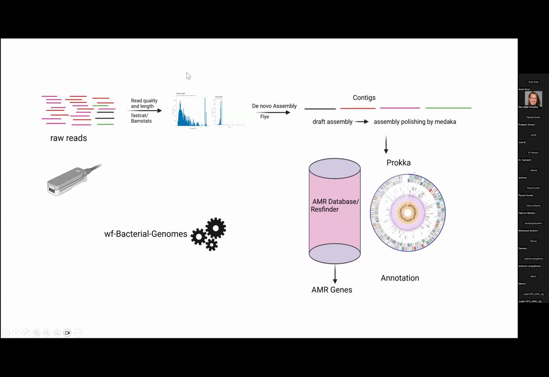So you can see here the graph showing the read quality and the length of the reads. And after that, based on the reads, there is a Flye assembler that will make the contigs. We'll get these contigs from the overlapping of the raw reads that we get from the individual isolates, and then it will make a draft assembly with the Flye tool, and then there will be another software